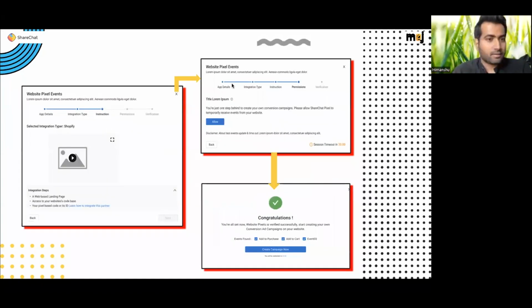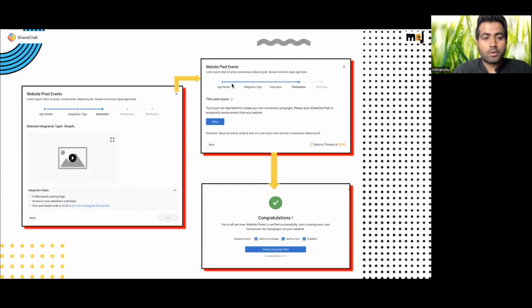So in the next screen, you will land on the first screen, which is present on the leftmost section. Here you'll be shown one video of the entire integration of how to do this integration, and below that your integration steps will be listed. Here you can see all the steps are there. Your pixel code for the events which you have selected previously will be shown here as well.